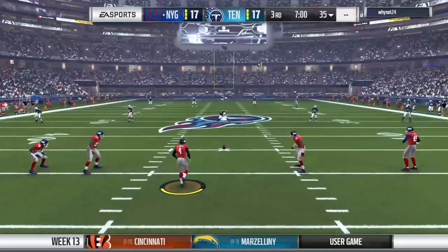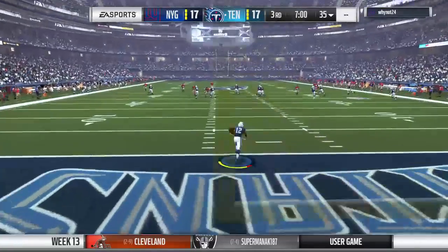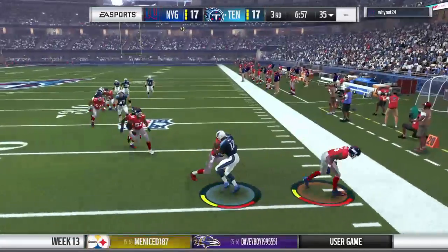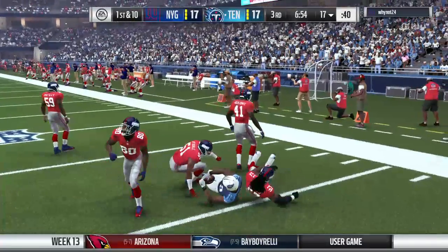So both teams have their marching orders, and we'll get going again here in quarter number 3. That's fielded in the end zone. And he will be brought down here at about the 17-yard line. And here comes